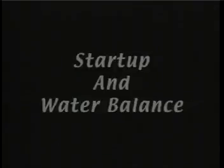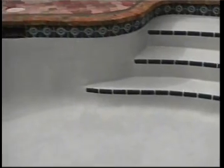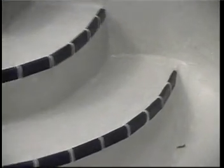Startup and water balance. After the Diamond Brite finish is exposed, let it air dry for as long as conditions will allow. Delaying the fill water a few hours or until the next morning will reduce the occurrence of shade variations, mottling. Care must be taken not to over-dry the Diamond Brite finish, which may result in shrinkage cracking. There are no substitutes for experience and knowledge of local conditions in determining how long to let the Diamond Brite